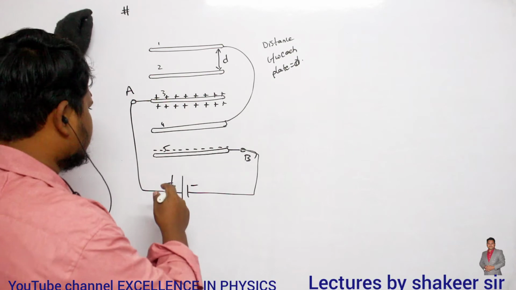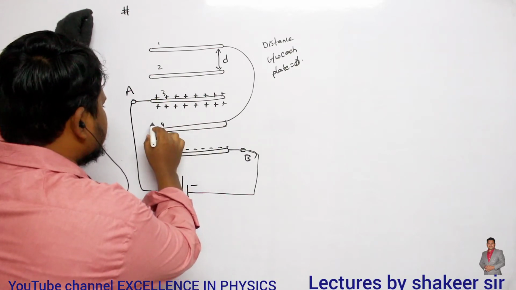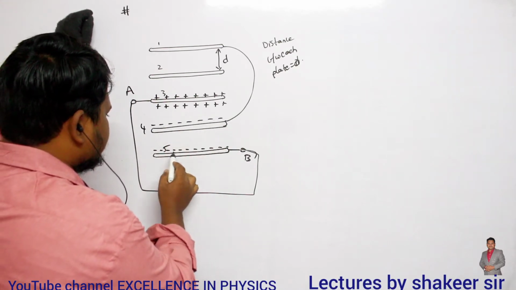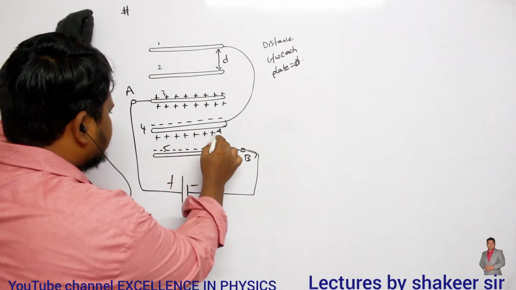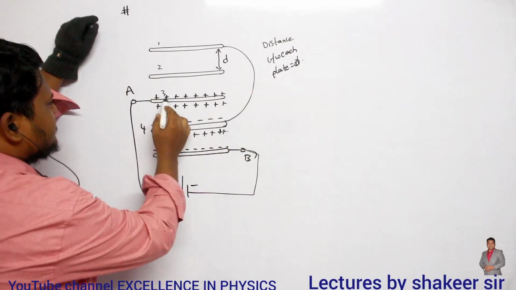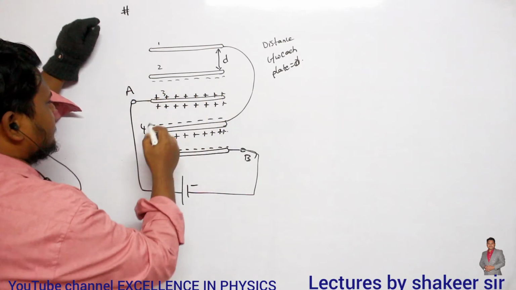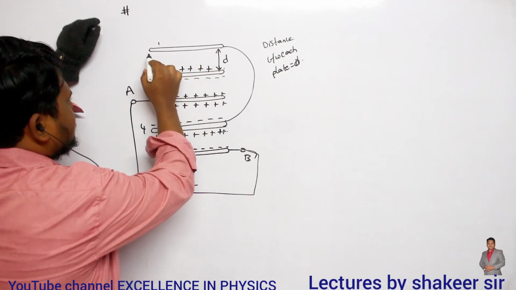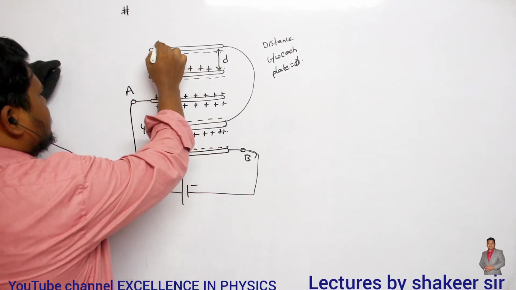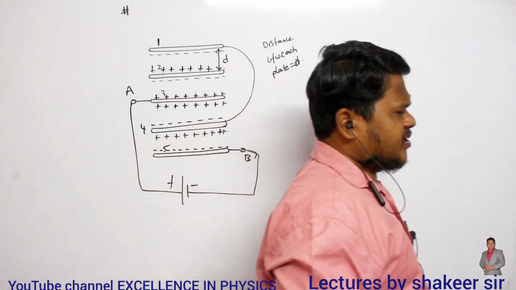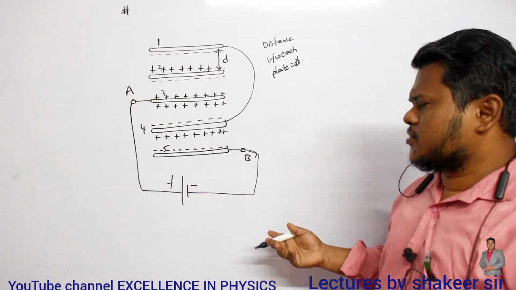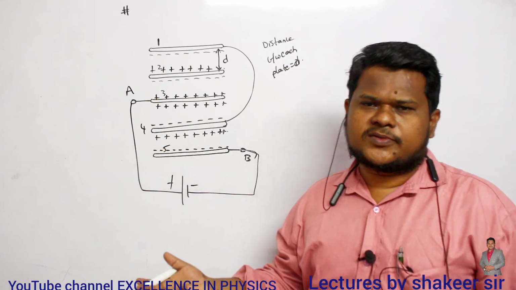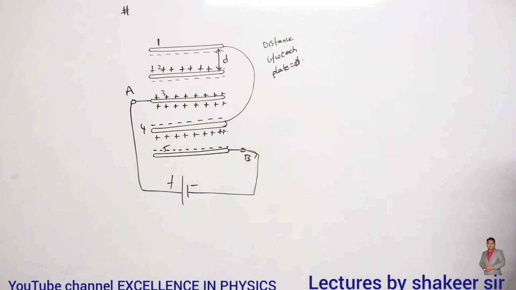So now you go and distribute the charges here. If this is a positively charged side, the fourth plate should be negatively charged here. And if this is negative, this one must be positive. If this is positive, this one should be negative. Clear? So this is the arrangement of charges on every side of the plate. Just start from the connections given to the battery. Then every charge should be an induced charge only. So definitely very easily you can calculate the arrangement of charges.